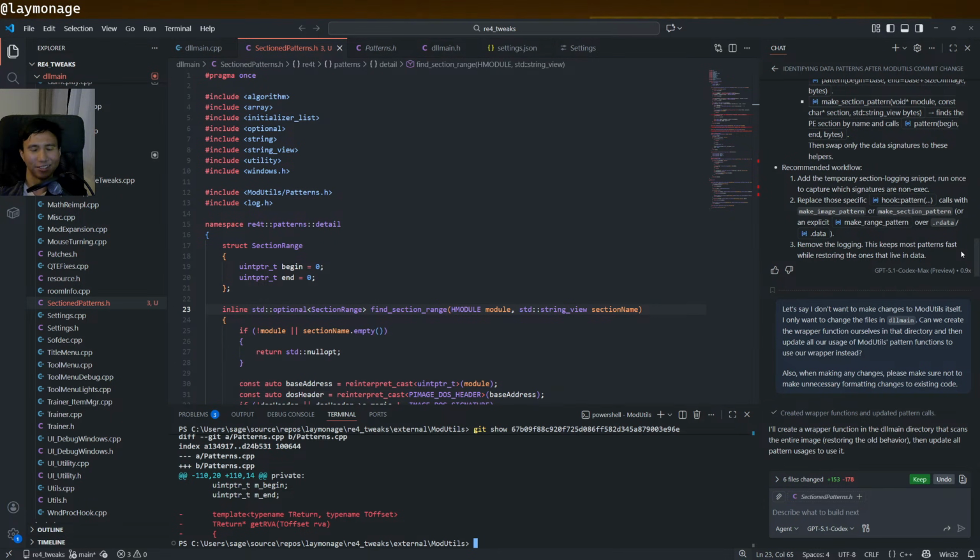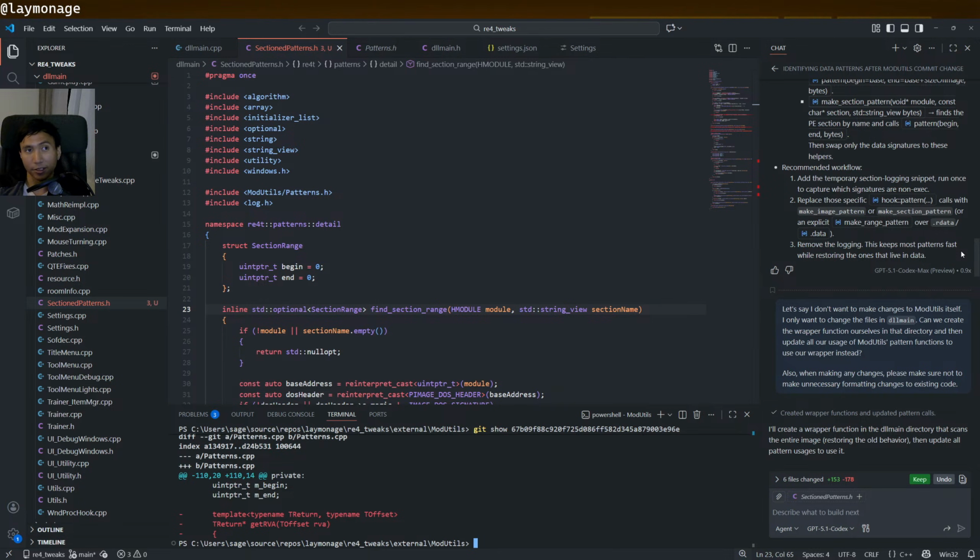Yeah, so we make our own function that makes use of modutils functionality, but instead of just scanning the code section, we scan the whole image. But also make sure that we write some logs, so if that pattern cannot be found in the code section, we then scan the whole image,